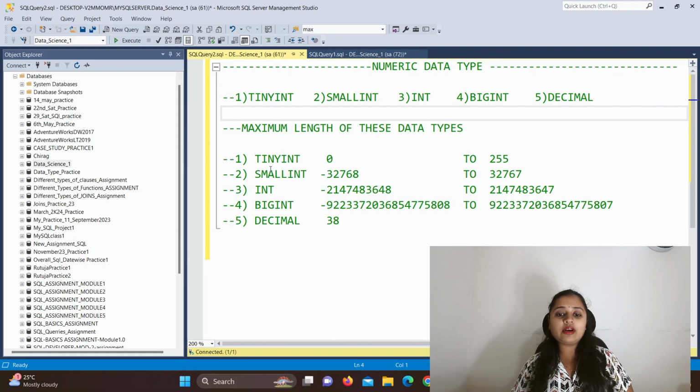Now I would like to tell you guys that these data types have their maximum length, that is, the range up to which you can insert numbers into the table wherever you are using this data type.